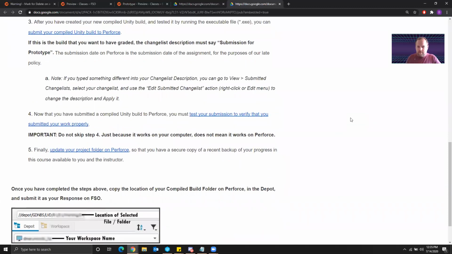Now that you've submitted a compiled Unity build to Perforce, you have to test it to make sure you submitted it properly. This is the step that everyone skips, even though it says do not skip step 4. So in this process of testing your own work,